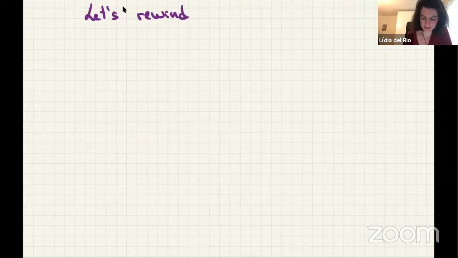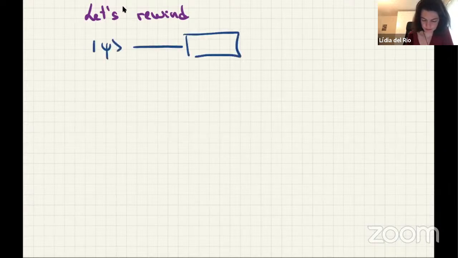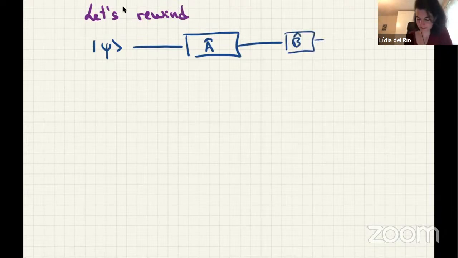So let's rewind. Let's go back to this original setting where we prepared some state psi, and then here we could make a measurement A, and then later we make a measurement B, and we post-select on an outcome BL, which, so we don't have to write BL all the time, let's just call this phi, okay? So now we're back to the idea of one single system,